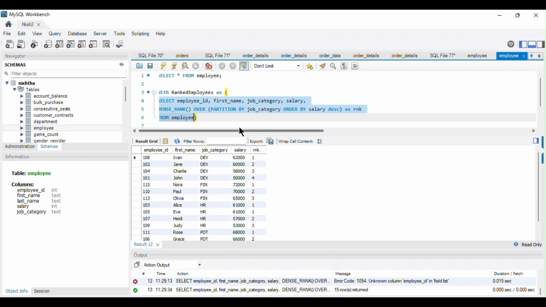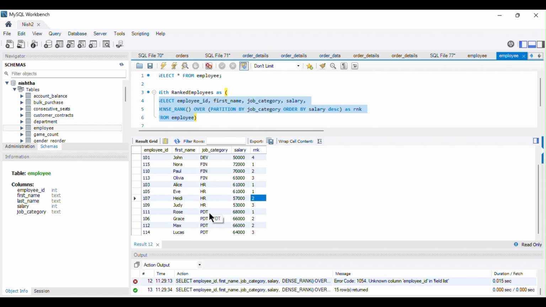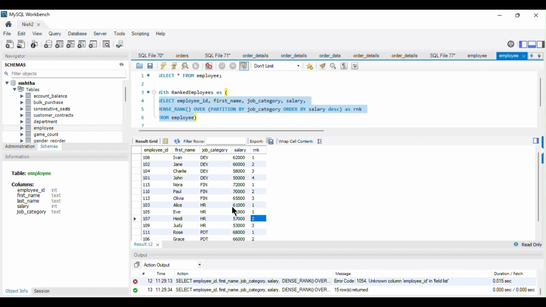For the product development job category, this belongs to the same salary, so the same rank has been given, which is rank number 2 here. So we have displayed the employee records along with the ranking based on the salaries within each job category.